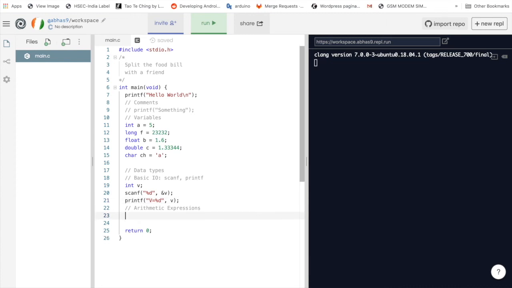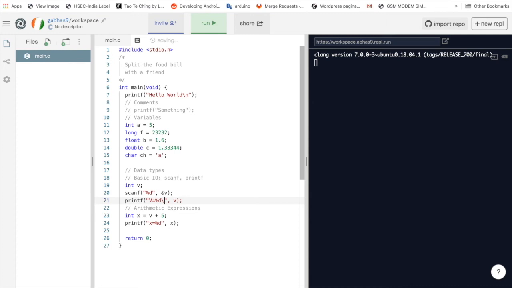C supports most of the basic arithmetic operations. You can write something like int x is equal to v plus 5. Now when you print the value of x, it will be 5 more than the value of v. Let's try to separate our output with a new line.